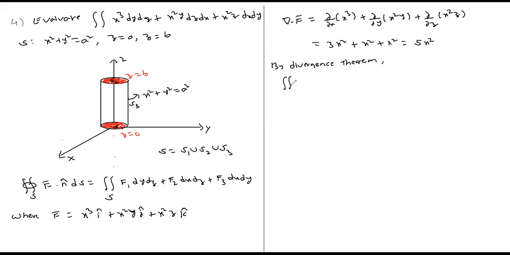because S is a combination of three surfaces forming a closed surface, the integral of f bar dot n bar ds is equal to the triple integral of del dot f bar dv over the domain D. D is the region inside this closed surface S. So our divergence of f bar is 5x square. I can choose the order of dv in 6 different ways: dx dy dz, dz dy dx, dx dz dy, and so on. So if I choose the order dz, dy, dx, where should I take the projection?